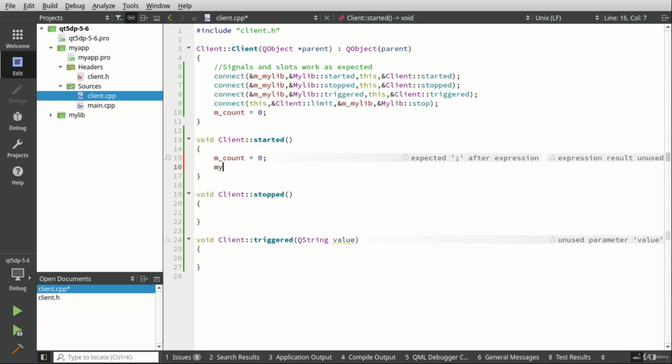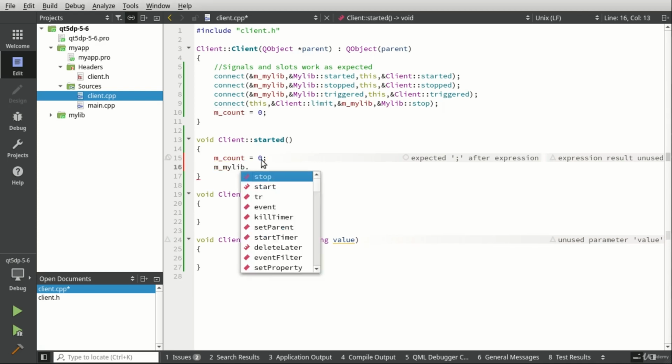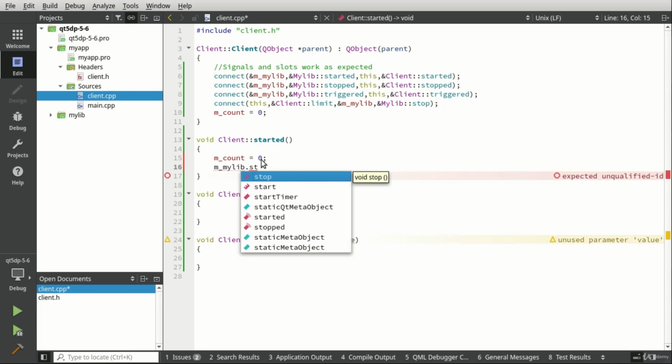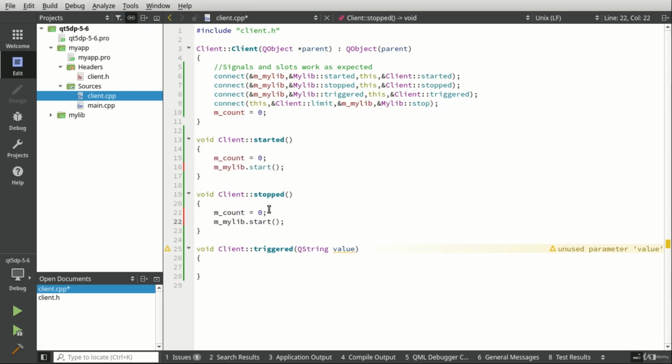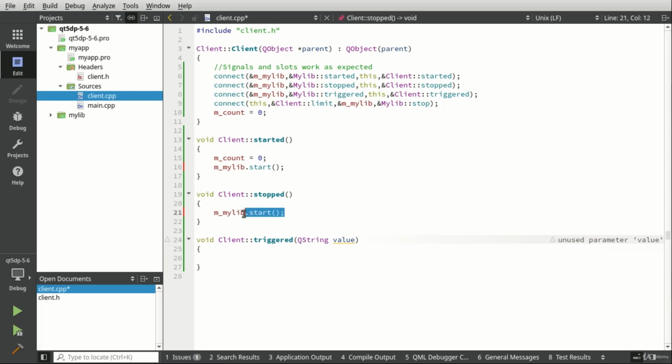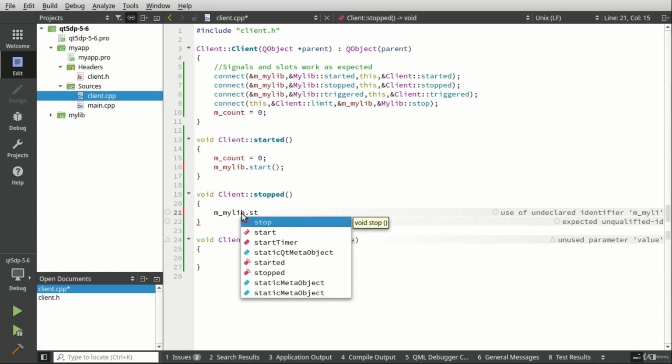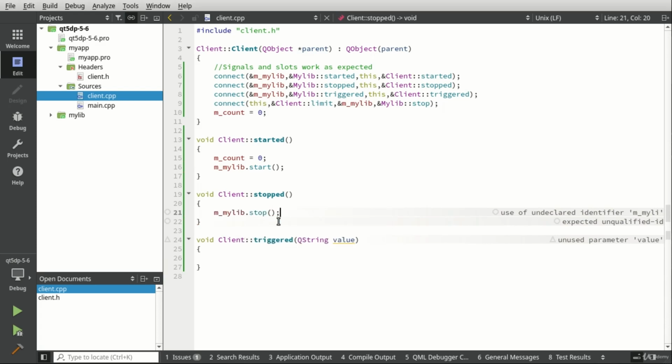And then I'm going to say mylib, and we're going to go ahead and start. And calling signal, I'm not going to put that in there. I was going to explain something totally different, but not going to go there. And then for stopped, I'm just going to go bang, bang. Stop. And then I want to say